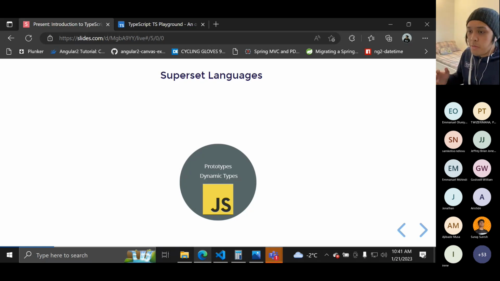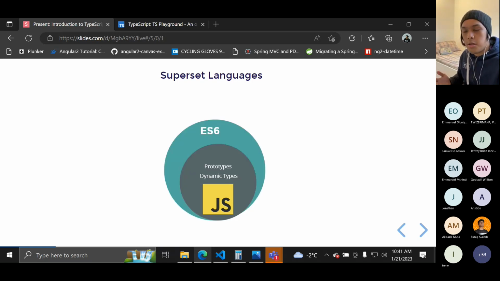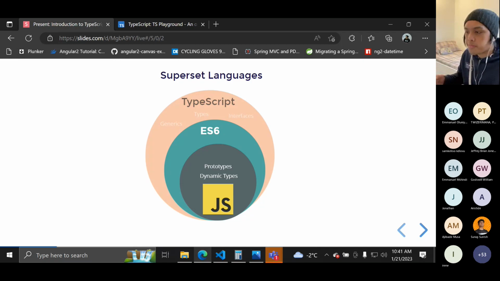It's kind of a mess if you use plain JavaScript, especially if you don't have standards. Before TypeScript was released, there was already ES6. ES6 is just another layer for JavaScript, which adds standards to JavaScript. This makes JavaScript easier to use and to write in code. It's like a layer that allows us to write JavaScript in a cleaner manner. So that's ES6. It has standards and its own documentation, and it also allows us to access more features within JavaScript. Okay. So this is where TypeScript comes in. This is why we call it a superset.